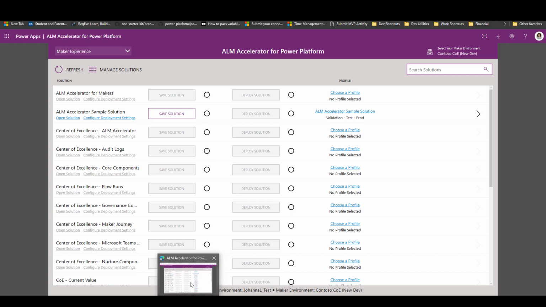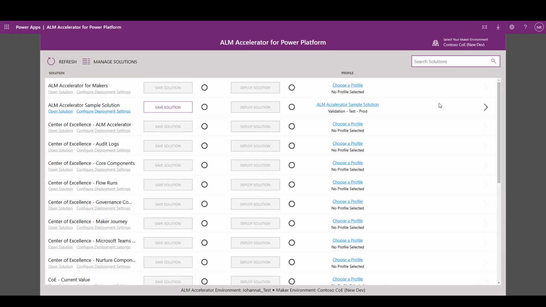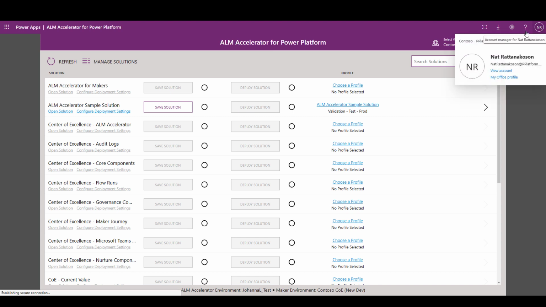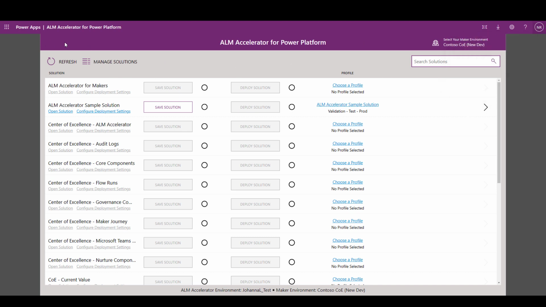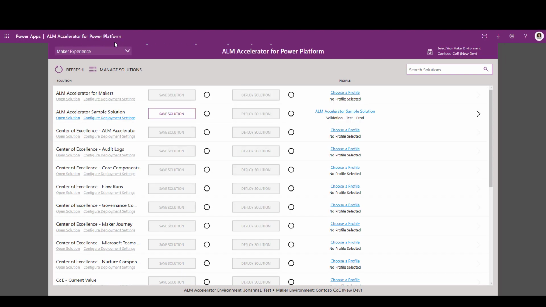Now, if I jump over real quick to another user, and in this case, I'm logged in as Nat, you'll see that Nat has been assigned the maker experience. So the import button is not there, the delete is not there, and there's no drop down up here to choose the experience. So Nat has been assigned the maker experience and has no ability to toggle like the administrator does. Jumping back to Johanna,